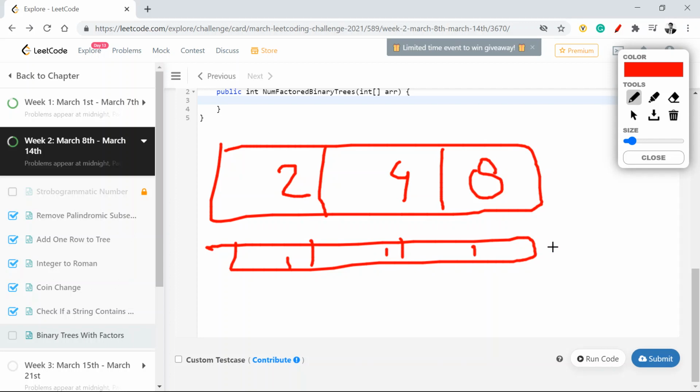Then I'll go through all the values present in it. I'll use two indexes, i and j, where i goes from 0 to the length of the array and j goes up to i. So if I am at the first one, my j will not go anywhere. So this is done for.